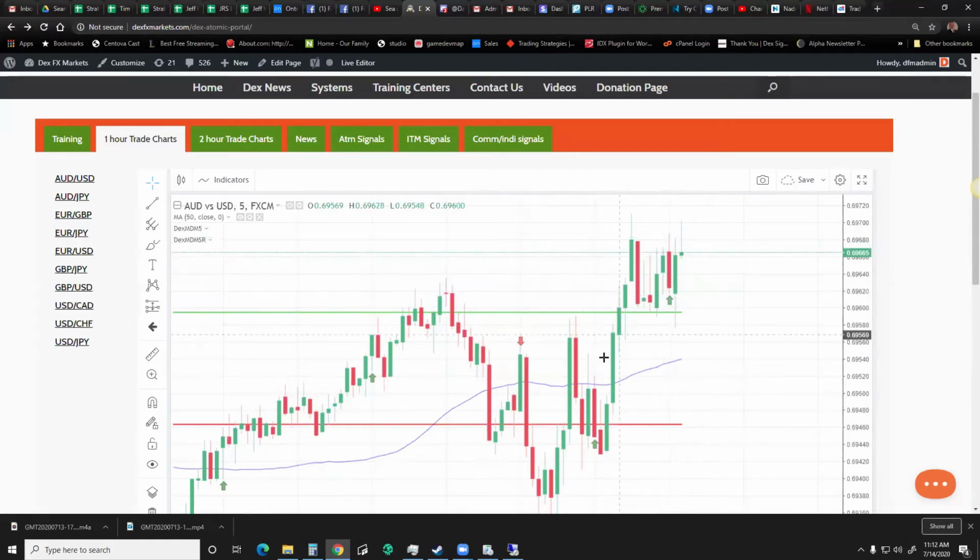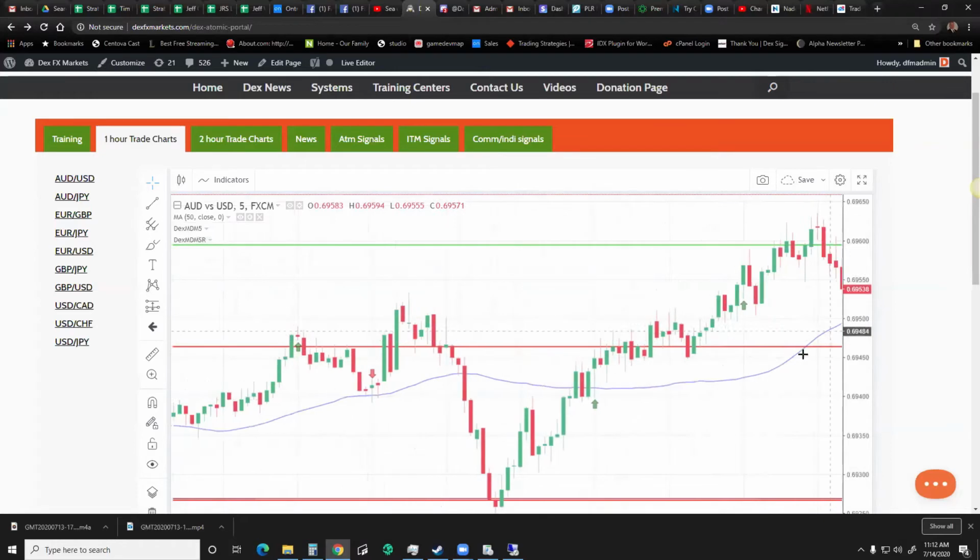And what I normally say is that the further out it goes and the further away from the MA it is, the more likely it is probably to fail. Okay, so these are little tiny sub strategies to your main over-under strategy that you have to keep in mind. Let's go back some more.